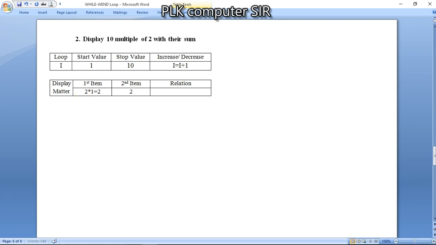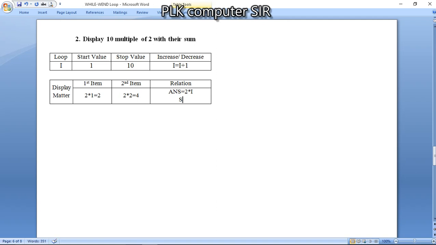Second time 2 into 2 equal to 4. So what is the relation? Relation is answer equal to 2 into I.